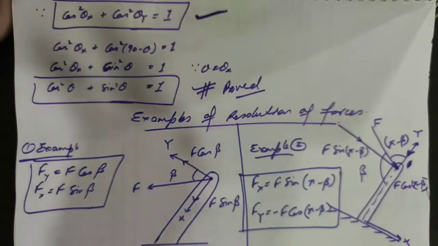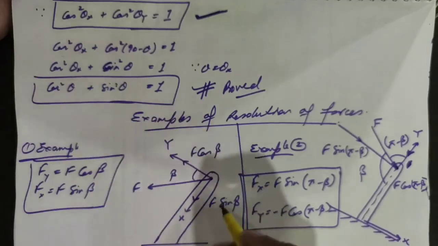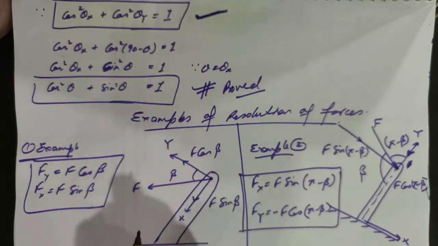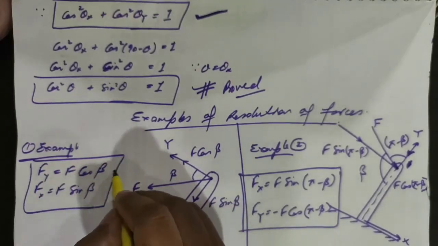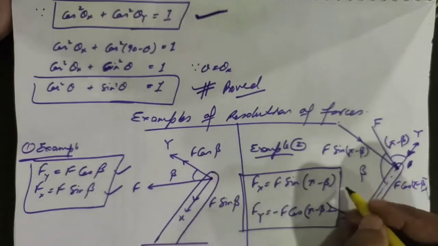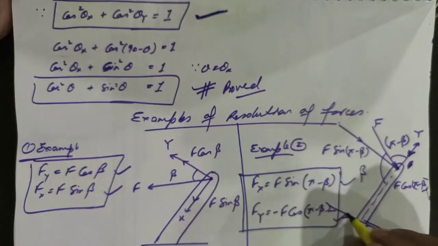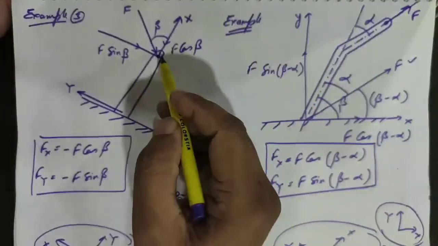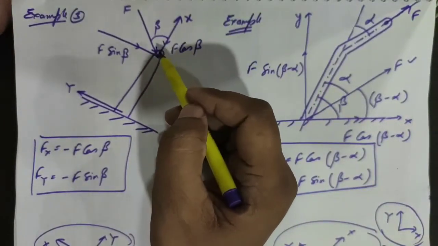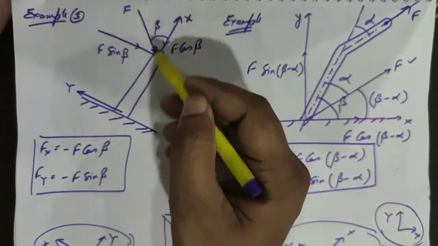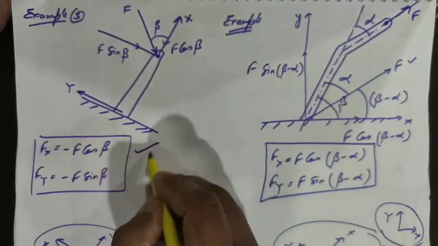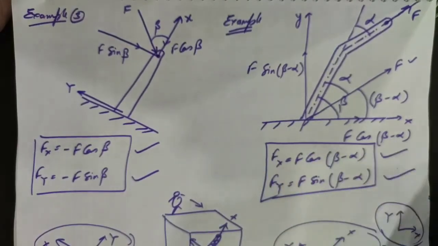And we took four examples of machine components having different angles. Then we split the forces into components and took the values of these. Like for the second example, this value. Like the third example, when it is suffering the external load F, which has a beta degree angle with the x-axis, and we got the two magnitudes like this and this.